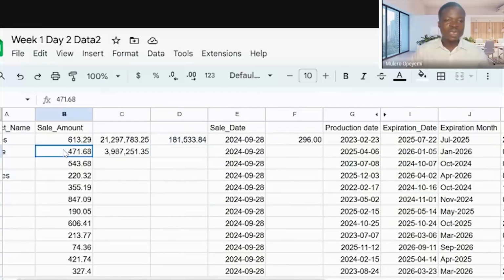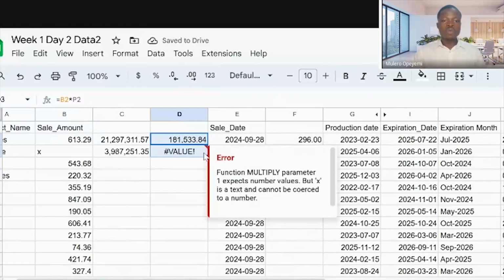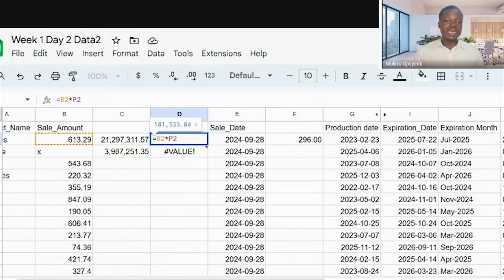Now, if, for example, this sales amount is meant to be a numeric value, but mistakenly you are seeing something like X, and you want to carry out the calculation, of course, this will give us an error. So how do you undo this kind of error message? Very simple. We add a clause to this calculation.